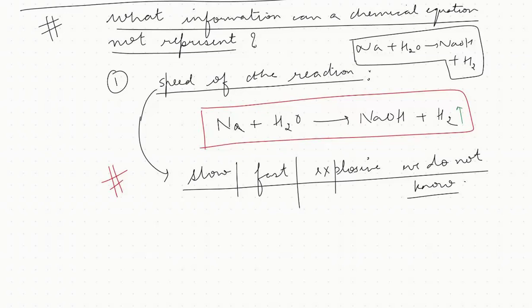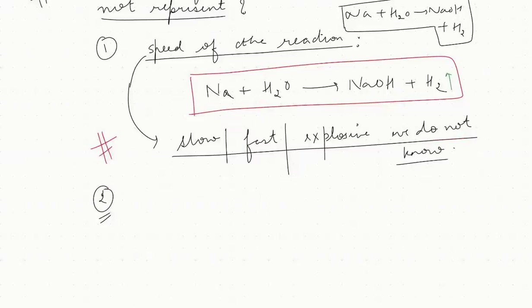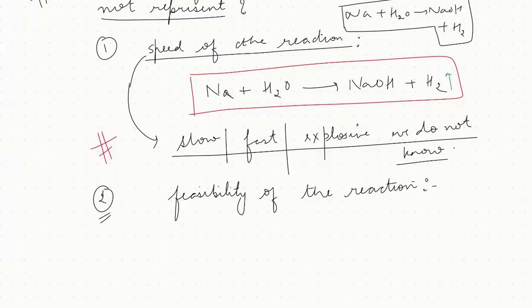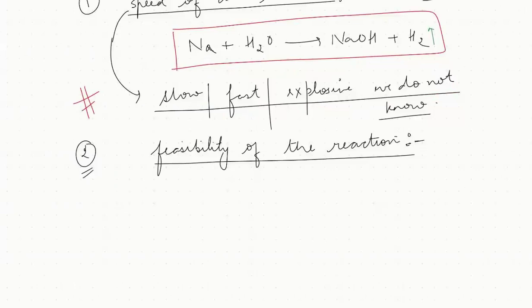Now, the second part that we have here is the feasibility of a reaction. The feasibility of the reaction. What is the success rate? Feasibility means that if I write down a certain reaction, let's say Cu plus FeSO4,